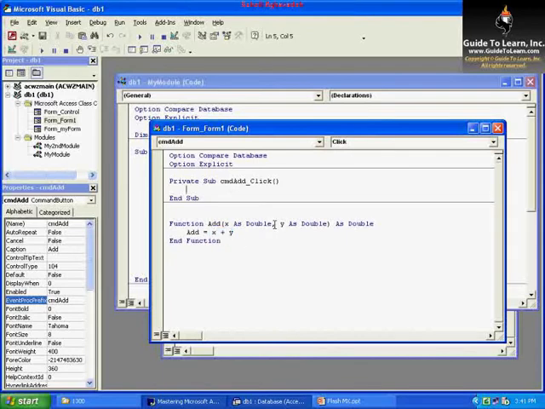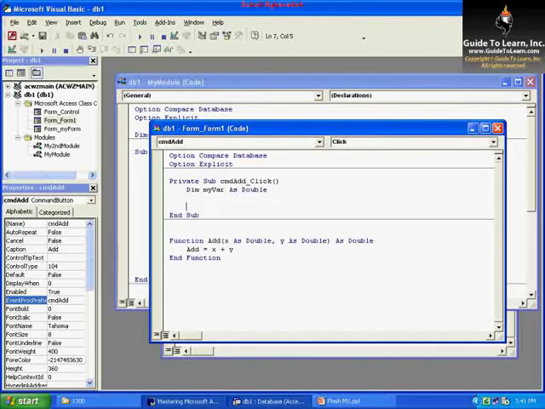By the time I'm clicking on an add button, I like to actually place this information within a variable and show that variable in a message box. So let's go and declare a variable. I call it myVar as type Double. And basically, myVar is going to be equal to